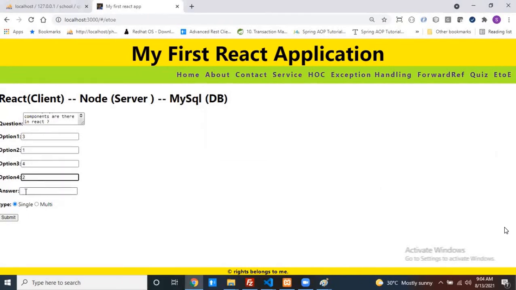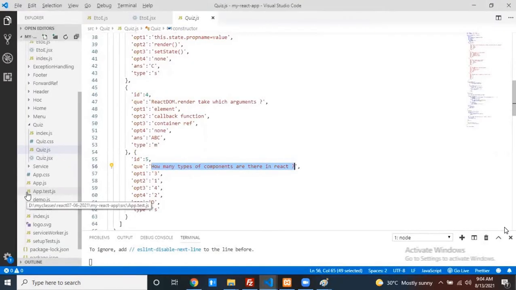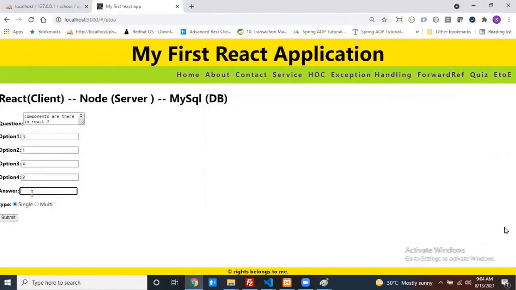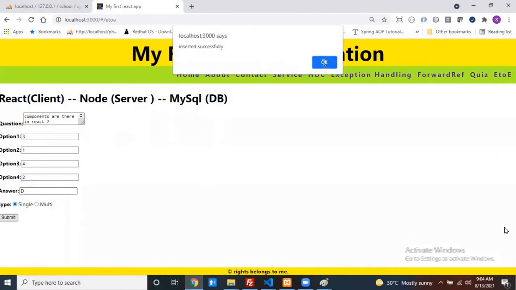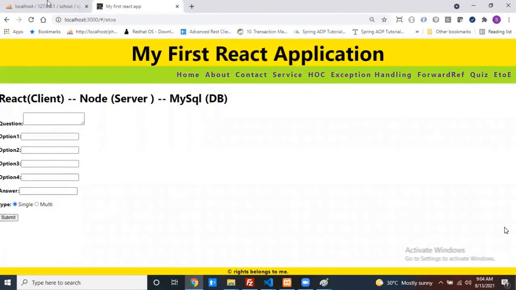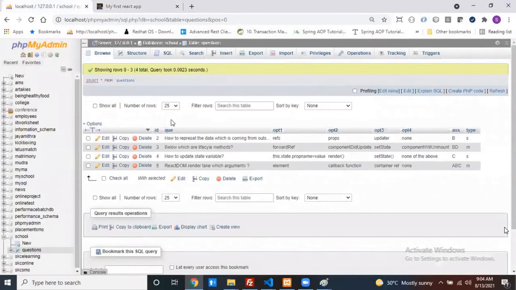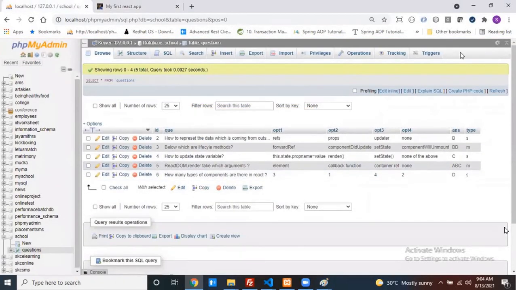My answer is like what? This is a single only. So can I click on submit? Inserted successfully. By default, single is selected. Now can I click on this one? Yes, this is working as expected.